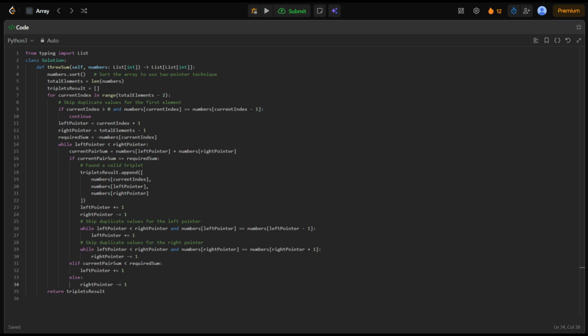Next, we place two pointers. The left pointer starts just after the current index. The right pointer starts at the end of the array. Our target becomes the negative of the current number, because we want the sum of the three values to be 0. Inside the while loop, we calculate the sum of the values at the